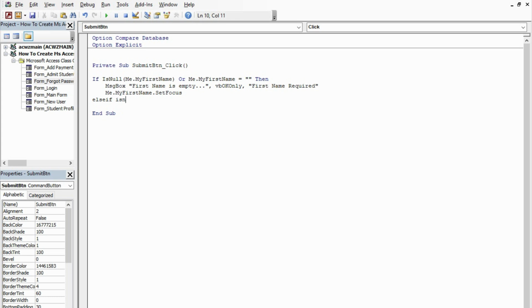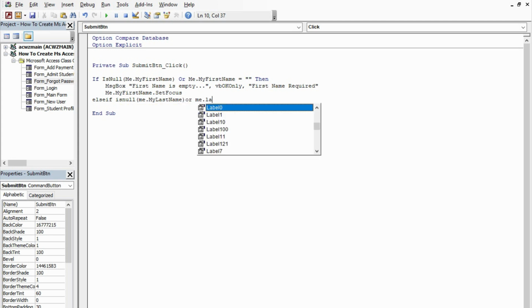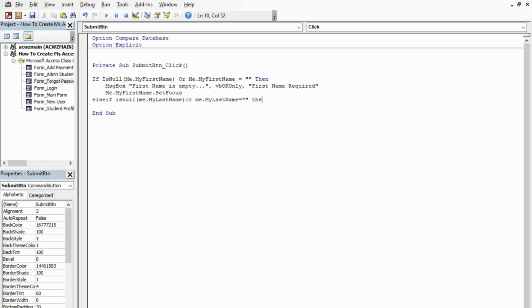it's null, for example, if it's me dot last, the man is just me dot my last. So when you just write my, all the my text boxes are showing here. Just select while you press the tab. That's why if you use the me dot, it helps you limit the mistakes when you are typing. So last name, or me dot my last name, is equal to empty string, then message box